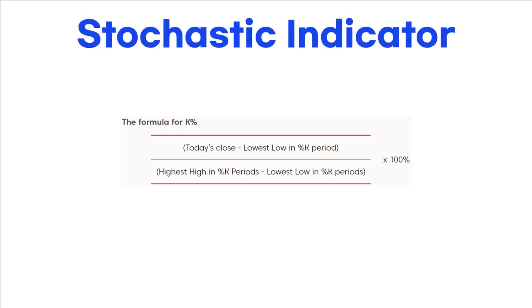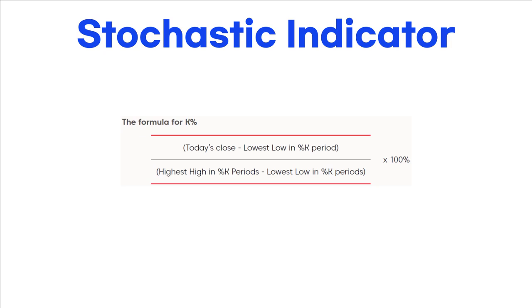K, which is the main blue line, is calculated with this formula on the screen. Don't worry, you won't have to calculate K yourself. This is usually done for you automatically by whatever trading platform you're using. However, it's good to know how these numbers are being generated so you're more well informed. Now, let's dive a little deeper into the stochastic indicator